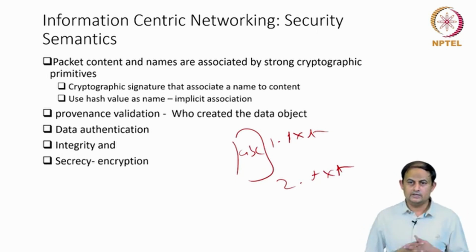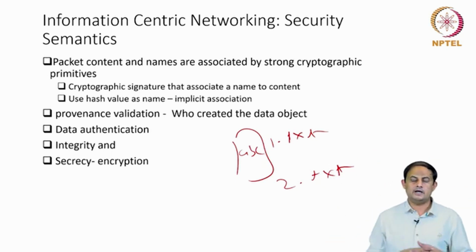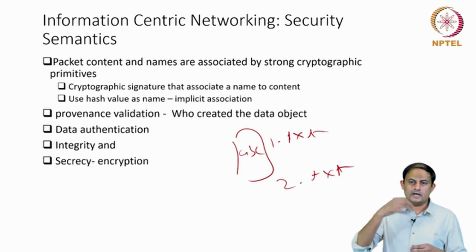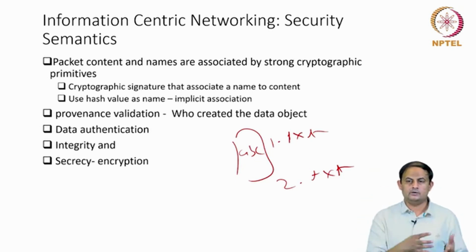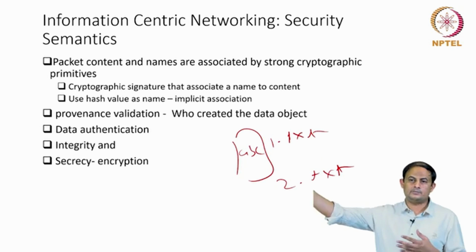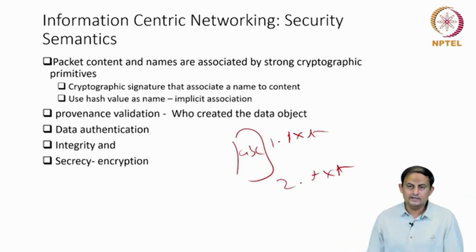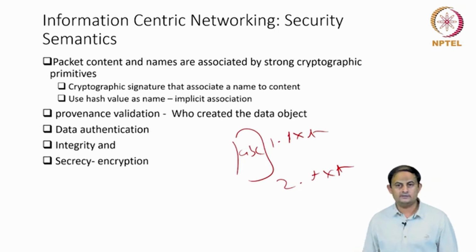And we also need a mechanism for data origin authentication, meaning that since the data itself is cached across many routers in different caches, if cached content is served by a router, then the end user should still be able to know with guarantee that this content is the same as that of some producer at some point of time. So I need such an authentication mechanism, and I also need a mechanism to validate the integrity of the content, that the content itself has not been changed.